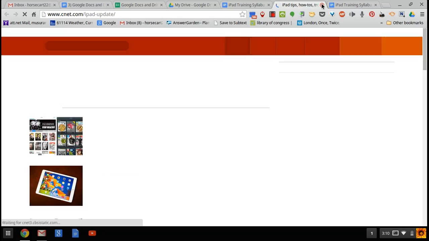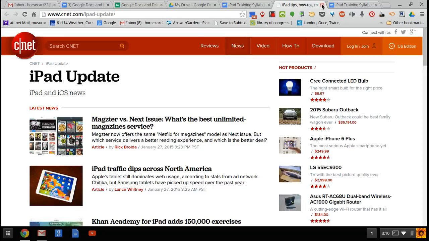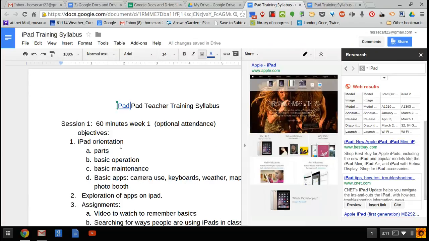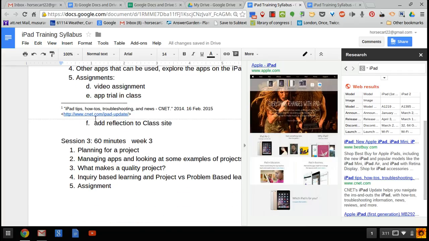And then I also have down here, oops, I went right and opened it. This is an iPad update article. So I can take a look at the article. I can find out what I want from it. I might insert a sentence of information that I found from there, and I would be able to cite where that came from. Now, in this case, it's citing right where I was. It's giving me a 1. And you'll notice at the bottom of my page now it has footnoted correctly